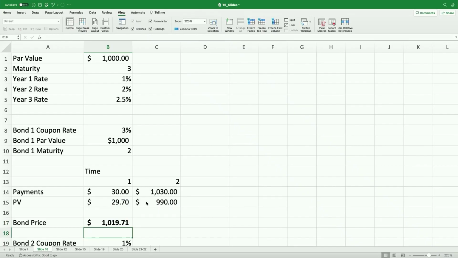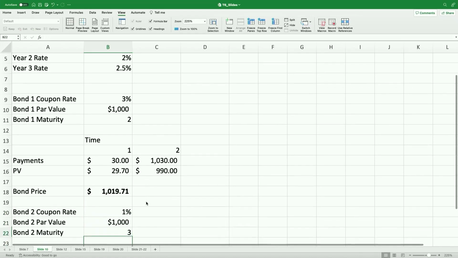Again, let's underscore what is going on that's different here. Before, we've had a single discount rate for a problem. Now I have different discount rates for cash flows that arrive at different points in time. For the 1-year cash flow, I have the 1-year spot rate. For the 2-year cash flow, I have the 2-year spot rate, and so on. Okay, that's the important innovation which is happening here.